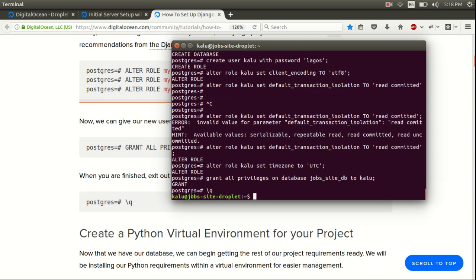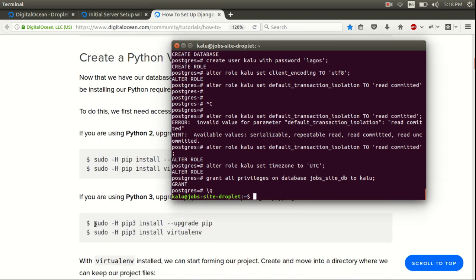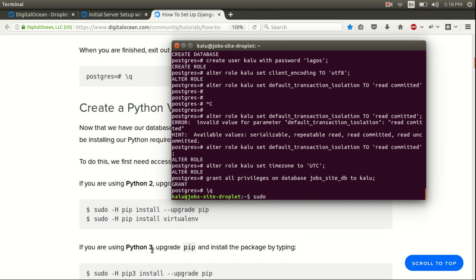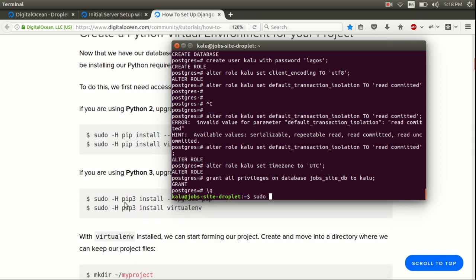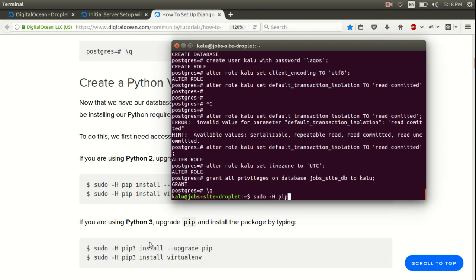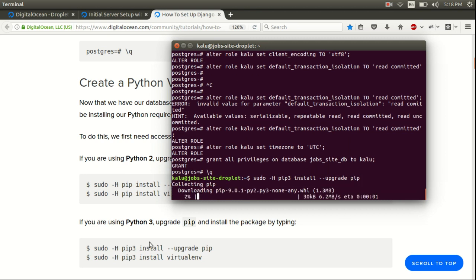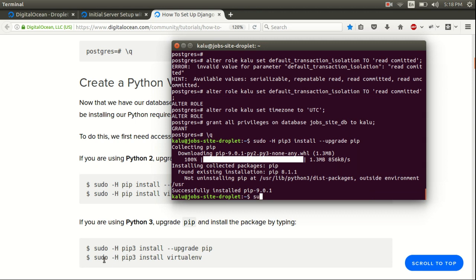And we are back to our bash droplet shell. So now we want to install pip and then use pip to install virtual environment. So to do that, we do sudo. Make sure you're following the Python 3 instructions, not the Python 2 instructions. So sudo -H pip3 install --upgrade pip. And then once that's done, we want to write this command, sudo -H pip3 install virtualenv,